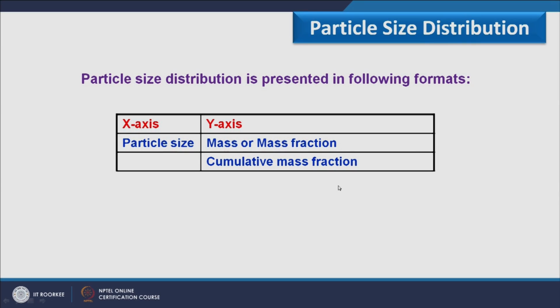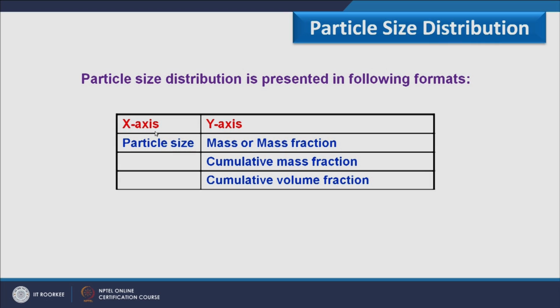Another way we can represent this is to consider particle size on the x axis and cumulative mass fraction on the y axis. Further, we can consider particle size on the x axis and cumulative volume fraction on the y axis. So, by these three means we can represent particle size distribution data graphically. Therefore, the distribution can be reported either in terms of frequency, that is differential form, or by cumulative, that is